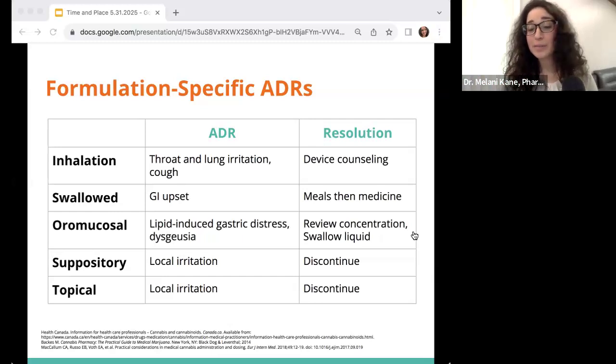And then the last thing I'll mention for oral mucosal is have to review the concentrations. I've seen products 5 milligrams per milliliter all the way up to 50 milligrams per milliliter. And a lot of those bottles are very confusing because it has the total number of cannabinoids in the product, and it then says the serving size and how many servings. And all of a sudden you get into this complicated math that patients don't usually have to do, and they just kind of ignore it. And then now we're chugging this highly lipophilic molecule that's usually in an oil-based substrate. And all that liquid, all that oil is just causing gastric distress. So making sure that we're mindful of how much oil they're taking in as well and how much we can reasonably leave under the tongue. It's another consideration when it comes to oral mucosal.